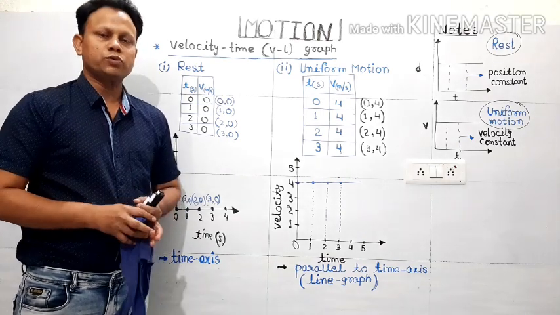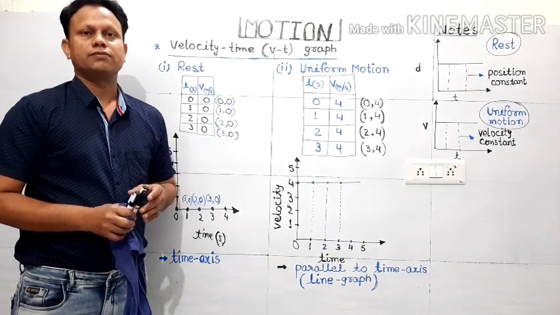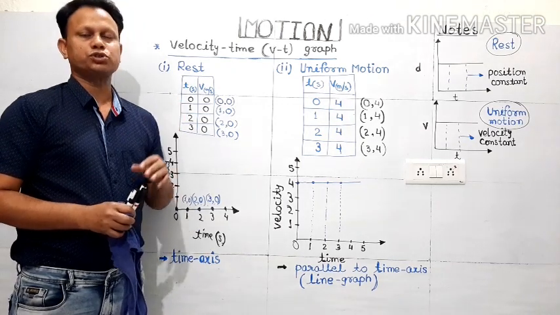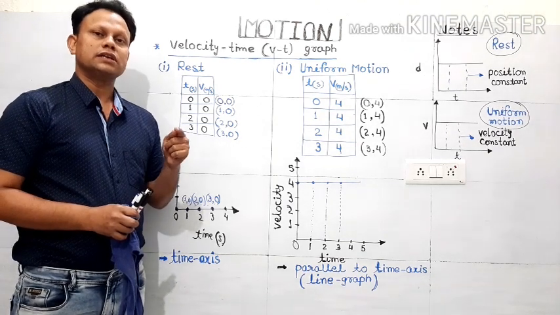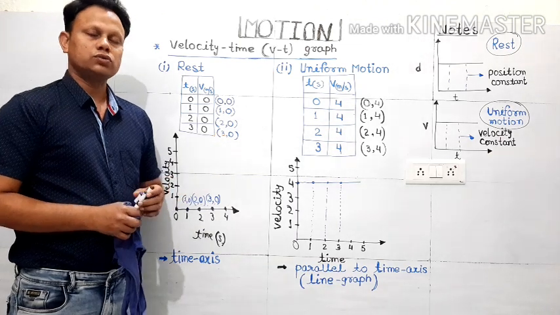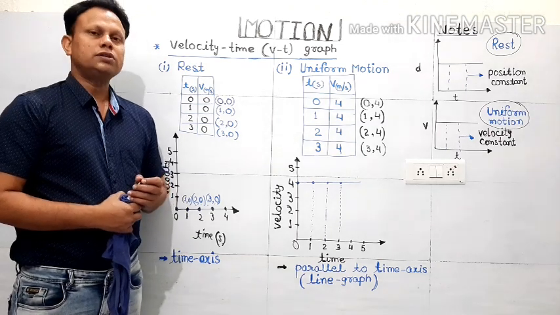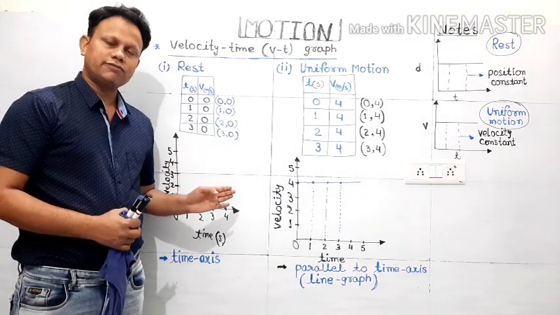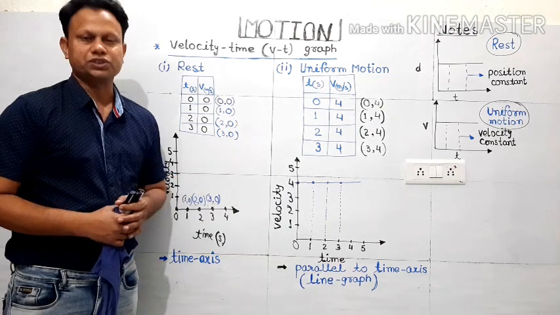Express different states of motion with respect to speed-time graph. Means we are going to understand how, in different states of motion, the graph plotted for speed with respect to time looks like. So to show a speed-time graph we need again a table and some points which will be plotted on the graph, and then we'll observe what kind of graph we see in the different situations.